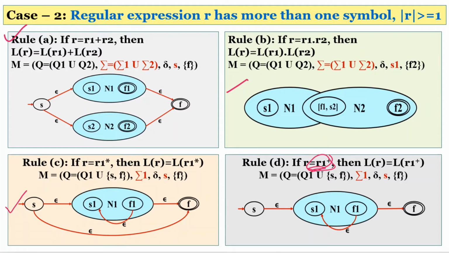So we had just removed this because at least one occurrence of the regular expression is required for acceptance, at least one occurrence. So we have not required the initial state to the final state with null move. So these all are the cases of the Kleene's theorem part 1. Now starting with the examples.